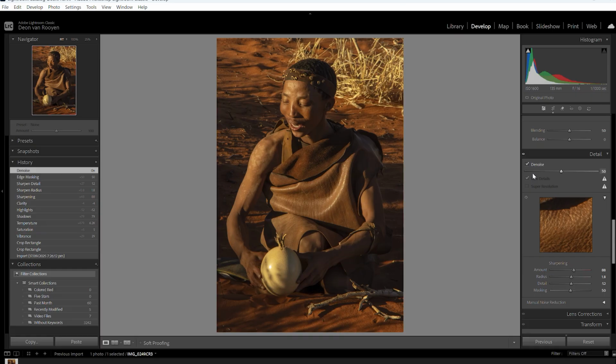Alright, denoising has been done a good job. You can see here sort of a before and after. Alright, next